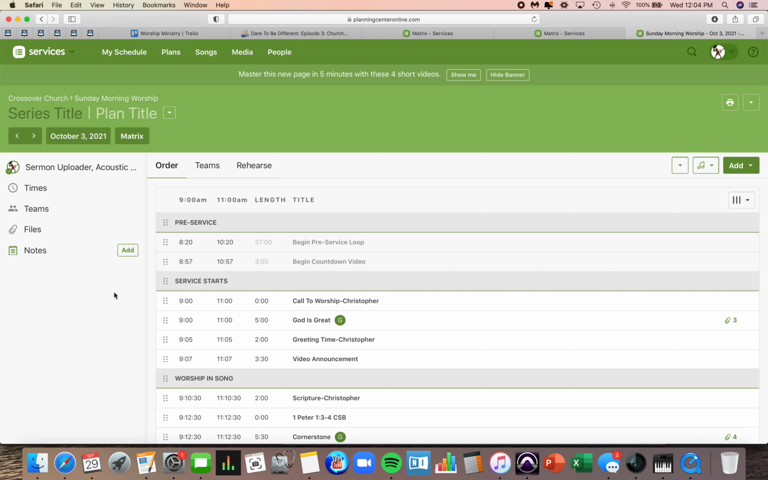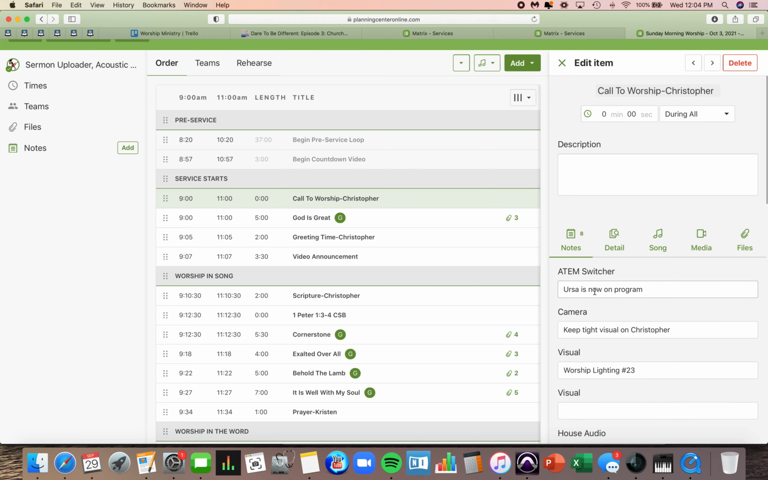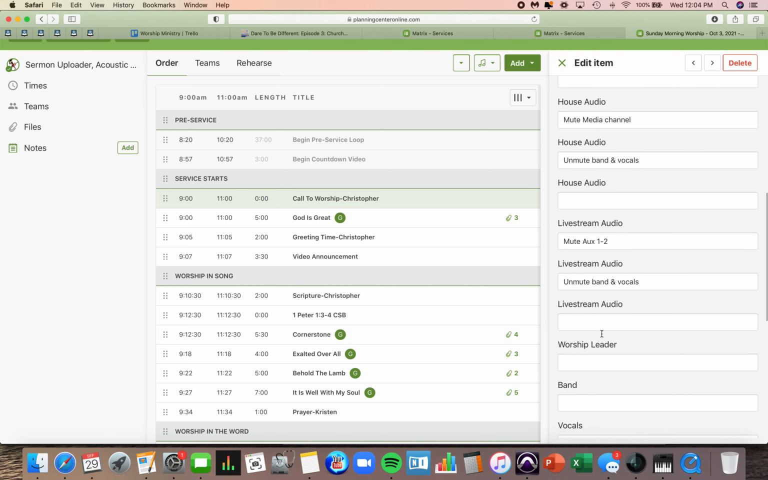We're just going to go through a brief tutorial of how to print out service orders from Planning Center. It's fairly simple. We're going to print out service orders that have all of these items in there. But the important thing is that we're also going to print out the notes that go with each item. If we look in just one of these items, we will see that there are notes specific for different